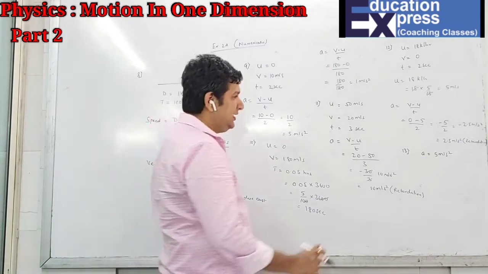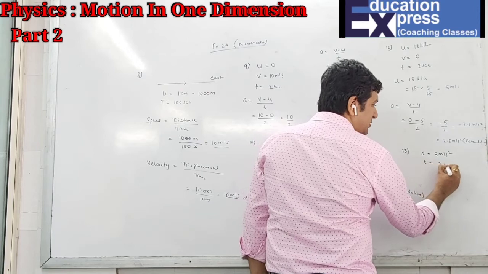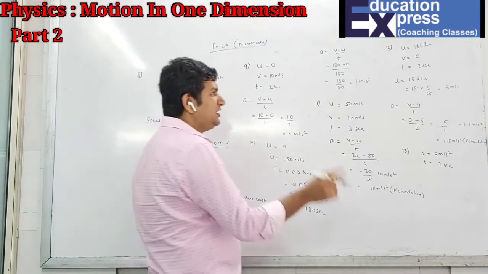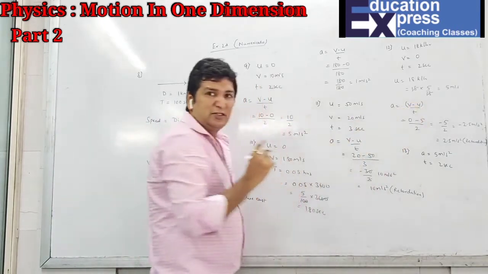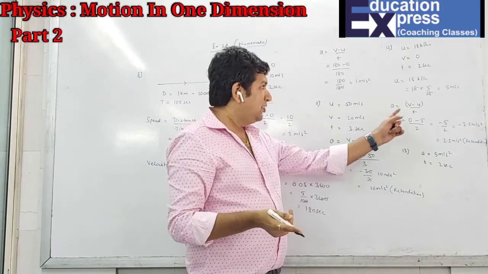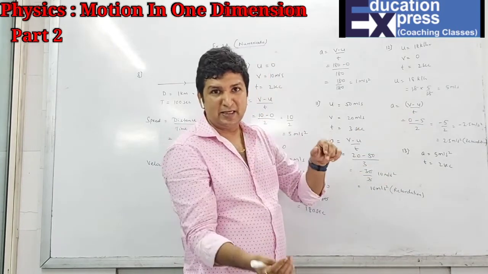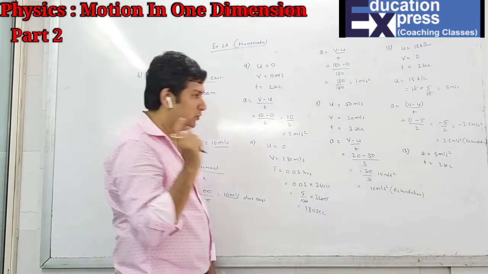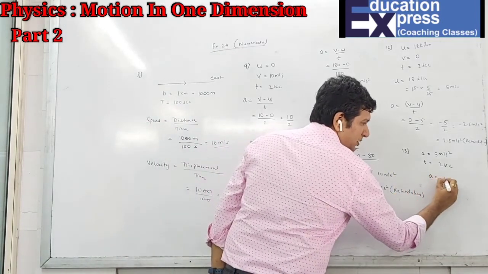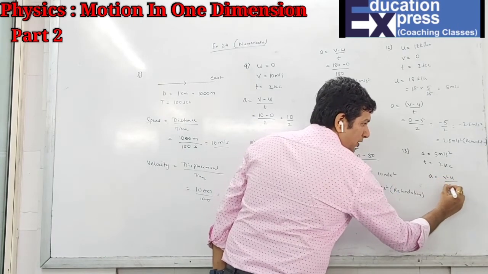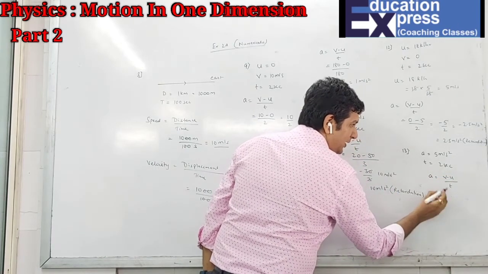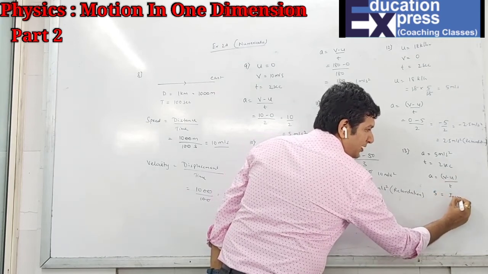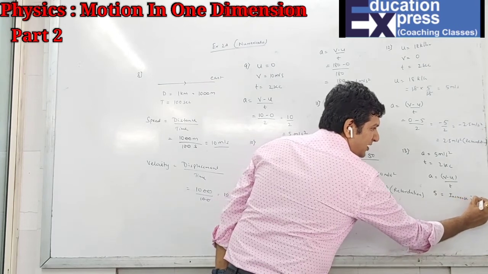Find the increase in velocity in 2 seconds. So here they have not asked specifically what's initial, what's final velocity. They have just asked increase. Increase but change in velocity. Change in velocity is nothing but v minus u. It will be increase if the velocity is increasing. It will be decrease if the velocity is decreasing. But change means v minus u. That means here we just have to find the change in velocity, that is v minus u. So acceleration is v minus u upon time. Acceleration means they have given 5. V minus u means increase in velocity. Why increase in velocity?